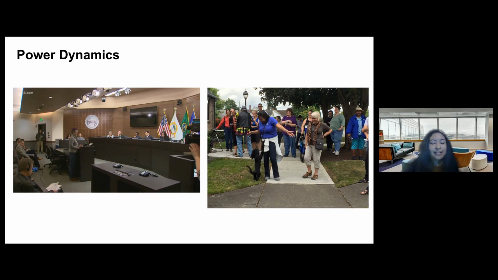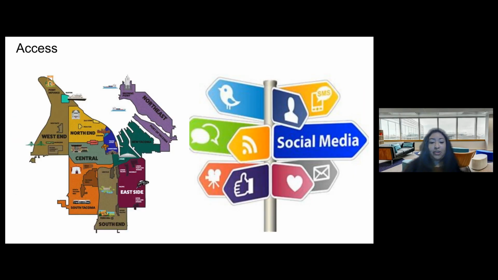There's a power dynamic there that makes it where people might not feel comfortable talking to the government or sharing a vulnerable story, or exposing a vulnerable situation they are in, perhaps being low income, perhaps being not a citizen. And so in this other picture, where she is out in the community doing a community walk, you can see that the tone is really different. People are a lot more comfortable. So really think about where you are and how you're asking people to come towards you.